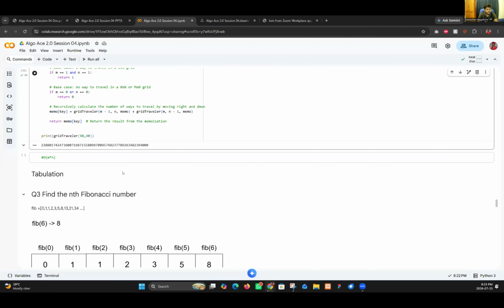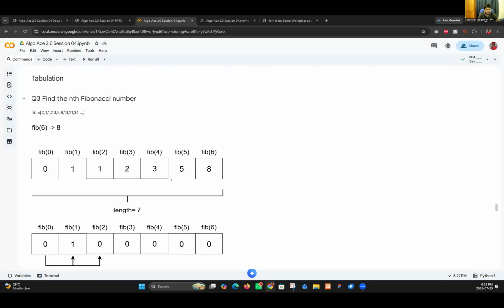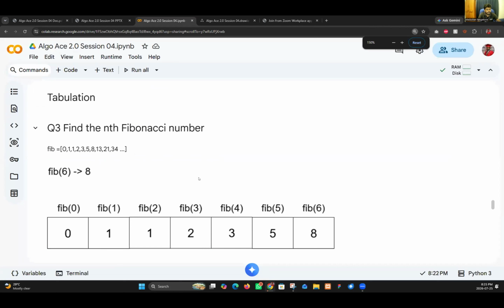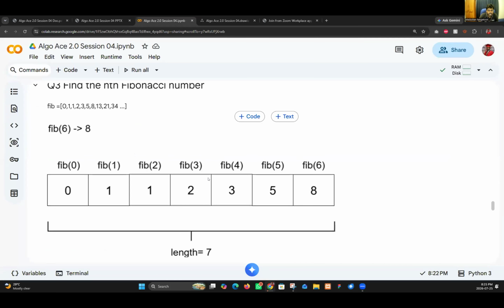The third one, we are going to use tabulation. You can see this is sort of an array. For demonstration purposes, I only take the value 8, which means only 0 to 6 points.